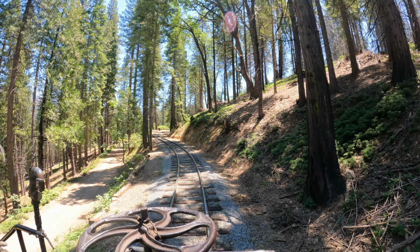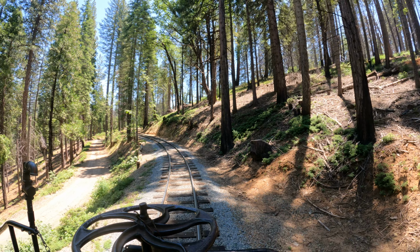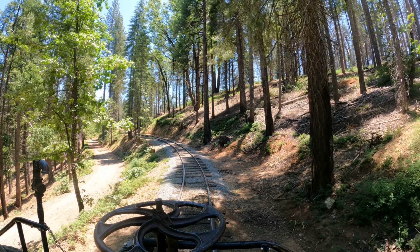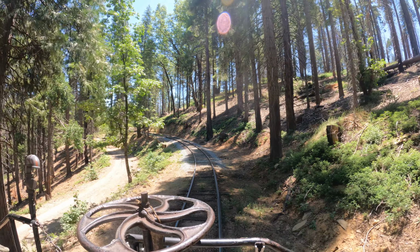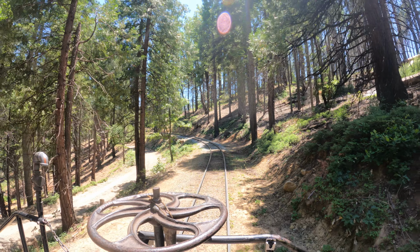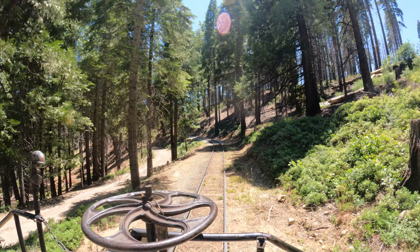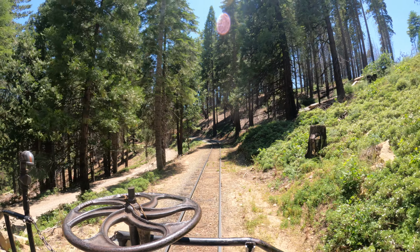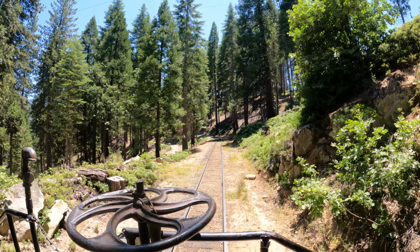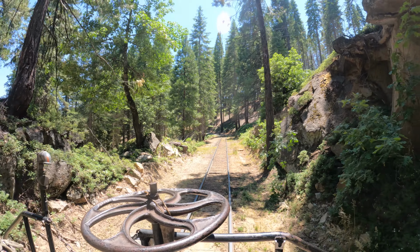Basically, they'd lay down the line. Once they clear cut an area, they'd rip it up and relay it someplace else. So if you're an outdoorsman or a backpacker, this gives you 400 miles of graded trails to explore. They're some of the best bicycle rides out here in the mountains. Have they been paved over, or are they gravel like this? Some of them were paved way back in the 30s and 40s, but a lot of it's been undone. We're coming through a railroad crossing here,